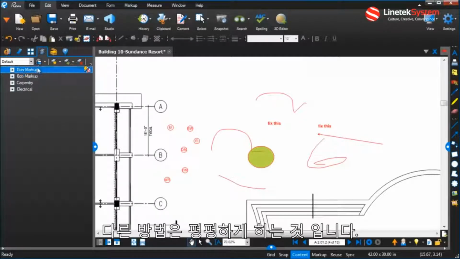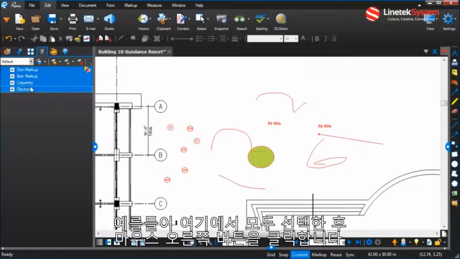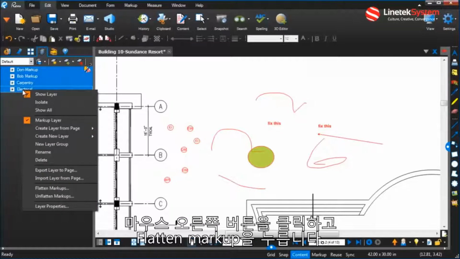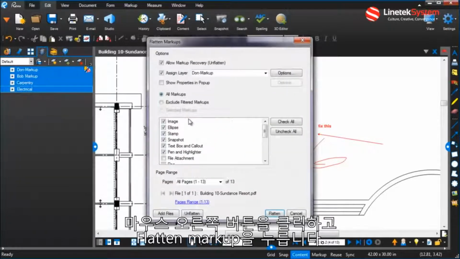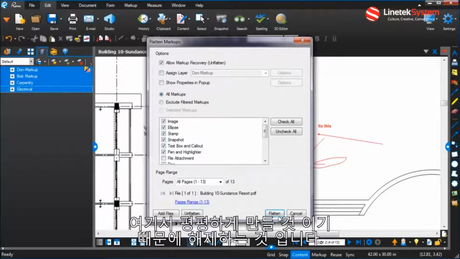Another thing that I can do is flatten. This has been another heavily requested feature of Revu, the ability to take these annotations and flatten them to a layer. As an example here, I'm going to right click with all of these annotations selected. I could do it by layer, or if I want to just have all the annotations go to their own respective layers, right click, and when I flatten markups, I'm going to uncheck that assign layer, because now when I go to flatten,